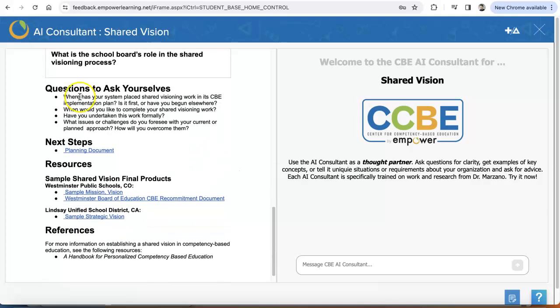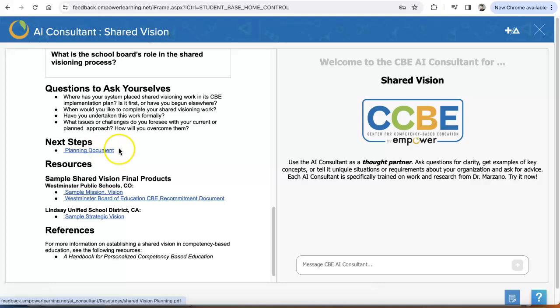As you go down, here are questions to ask yourself. You're going to see this section in each one of these, which helps to connect these principles and concepts to you and to your unique needs and situations. Next steps: we want to get into these not just so we can be aware, but we want to act, we want to grow. And here's a next step